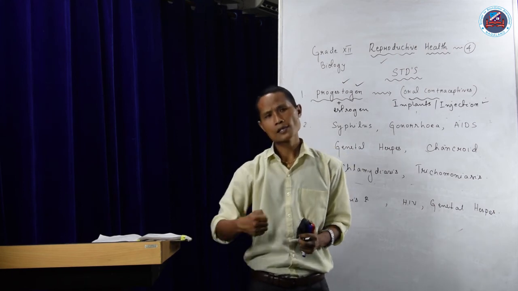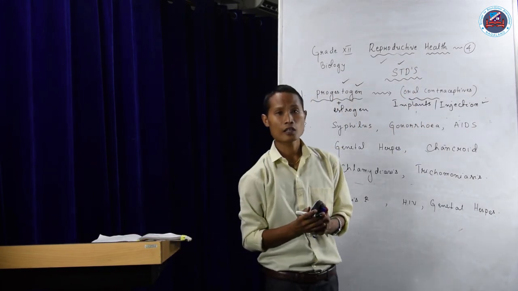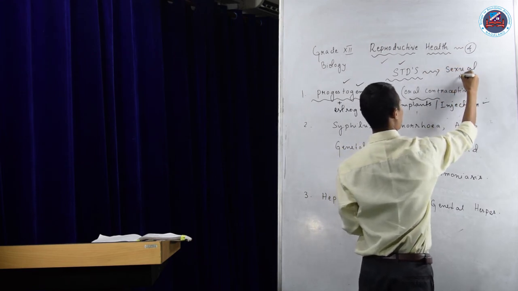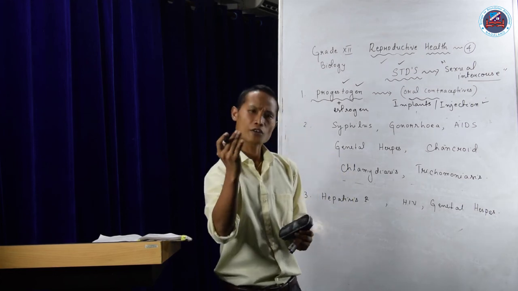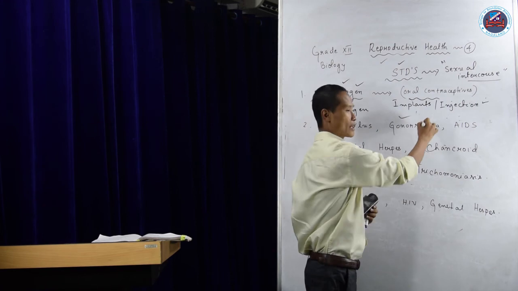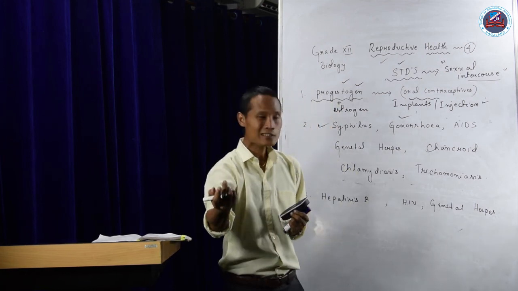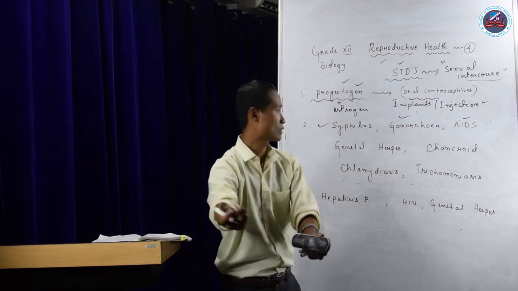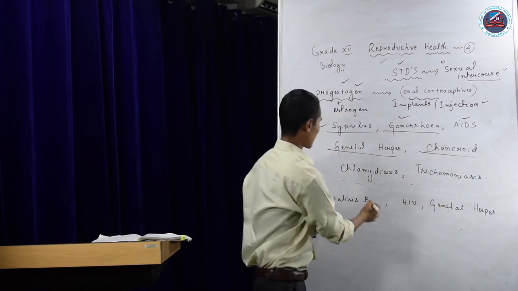Now, not only that, there are some diseases considered sexually transmitted diseases, which are observed because of sexual intercourse. Due to sexual intercourse, some diseases or infections are observed in human beings. Some of them are syphilis, gonorrhea. Many of us have a wrong conception that the disease caused through sexual intercourse is only AIDS. But there are so many diseases related to reproductive health, like syphilis, gonorrhea, HIV/AIDS, genital herpes, chancroid, chlamydiasis,